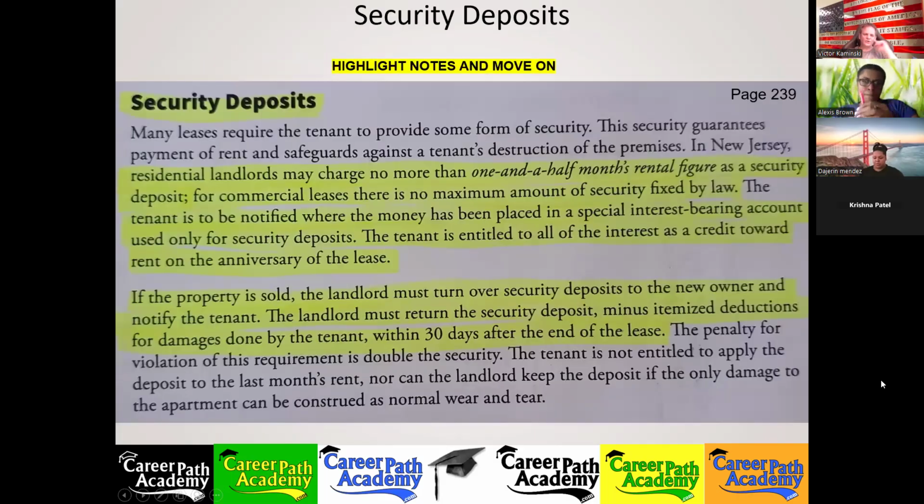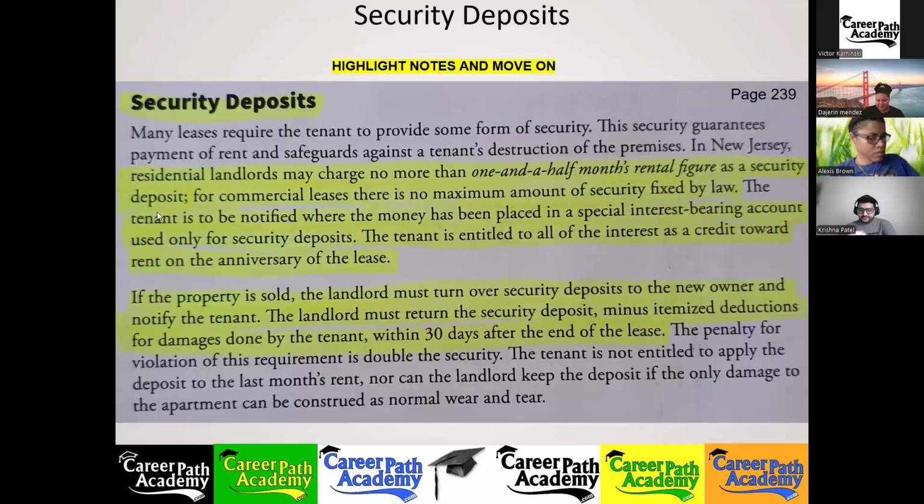Let's highlight these things about security deposits. Let me know when you got that. All right, so